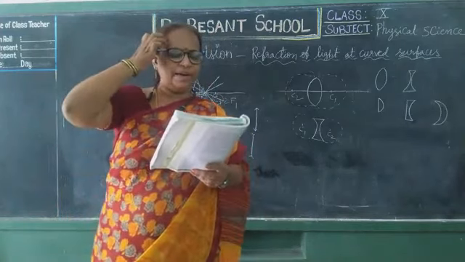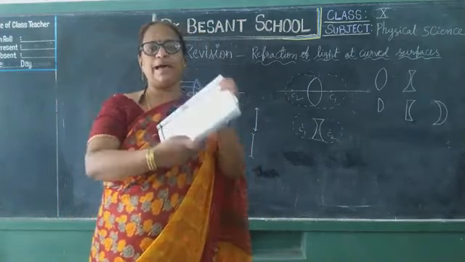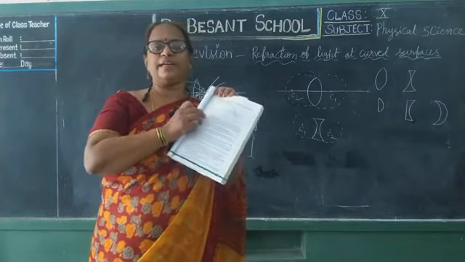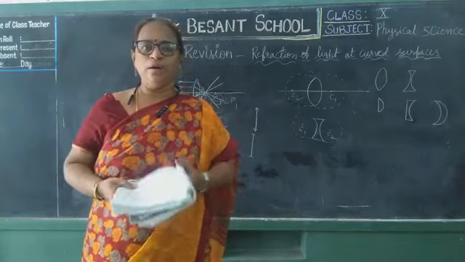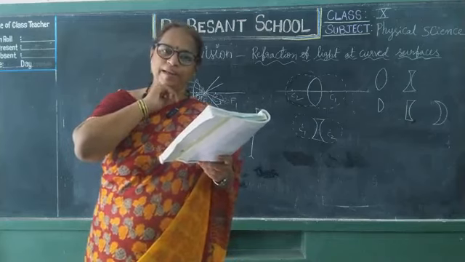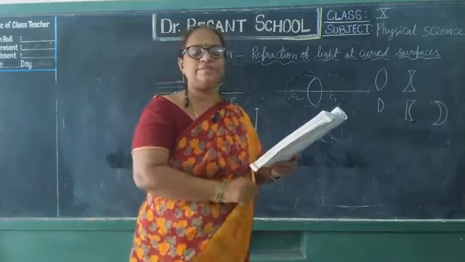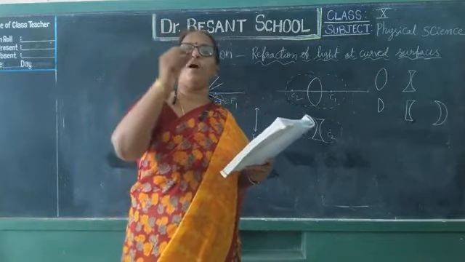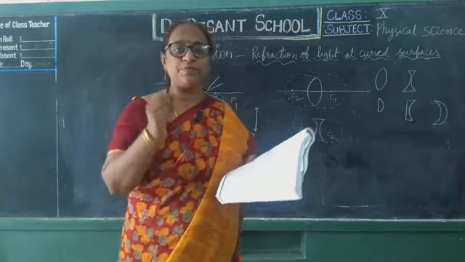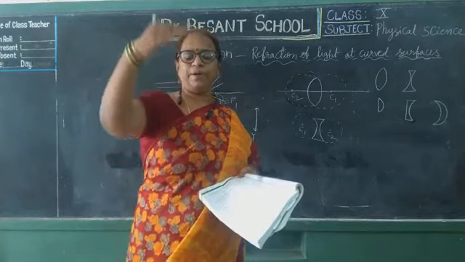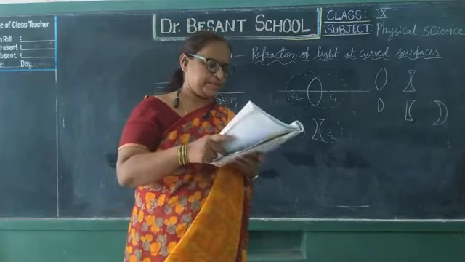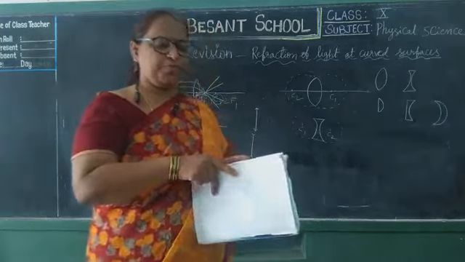And the last one, when incident rays are making a certain angle with the principal axis, all the refracted rays will meet at a point on the focal plane. For concave lens, all the refracted rays will diverge from a point on the focal plane. What is the focal plane? The focal plane is the plane perpendicular to the principal axis at a focus. These are the situations. And now the ray diagrams, which are very important.